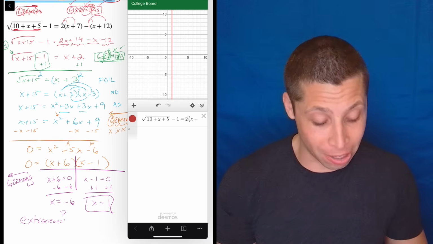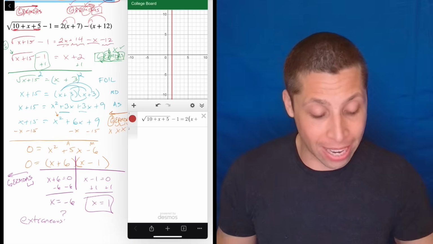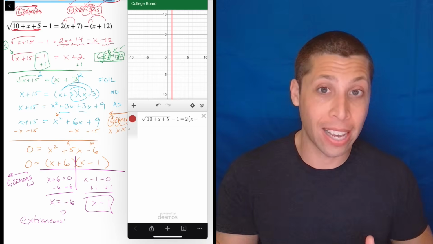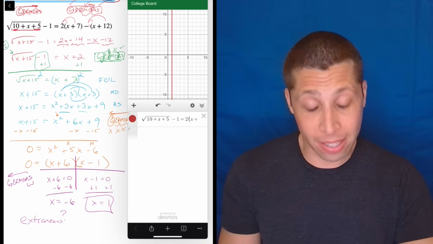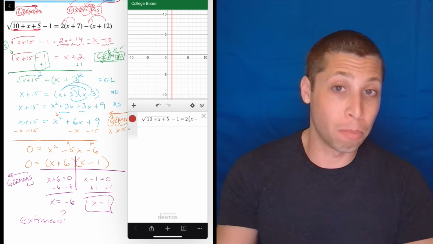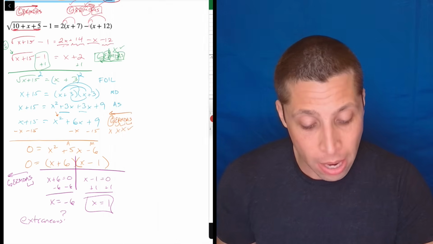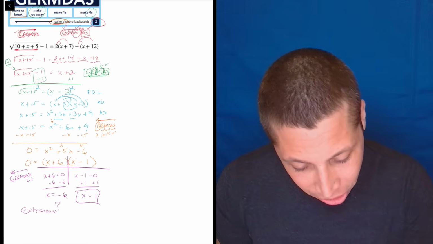I'm not going to do it with the x equals 1, but basically the 1 would work and the -6 would not. And that's why we get a line in Desmos at the 1 and not at the -6, it's telling us that's not a real solution. So thankfully, if this is the SAT, we don't even need to do any of this work. Plus, we also don't need to worry about the careless mistake, the trap mistake of having the extra solution, the extraneous one. So let's go back to the page,